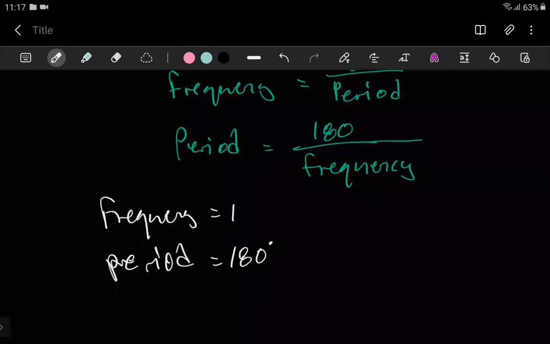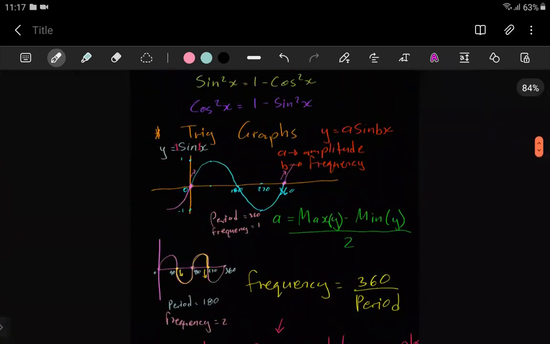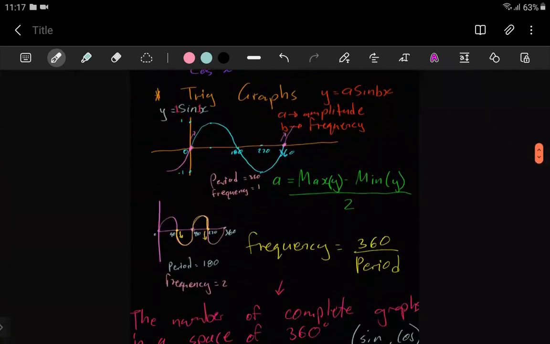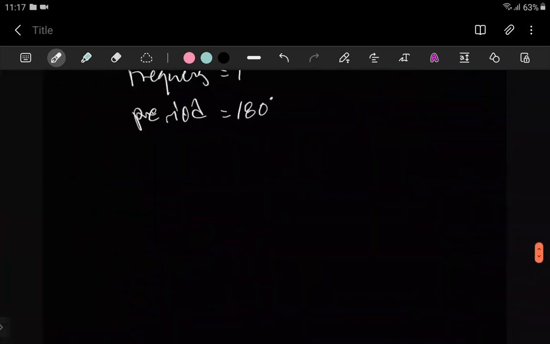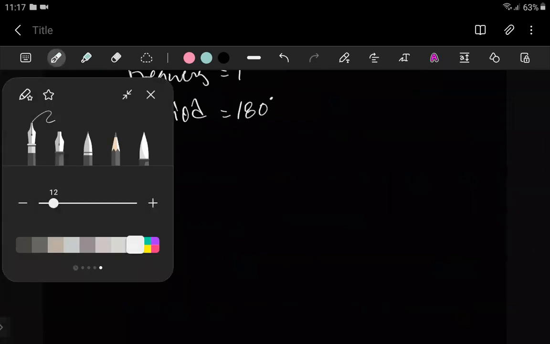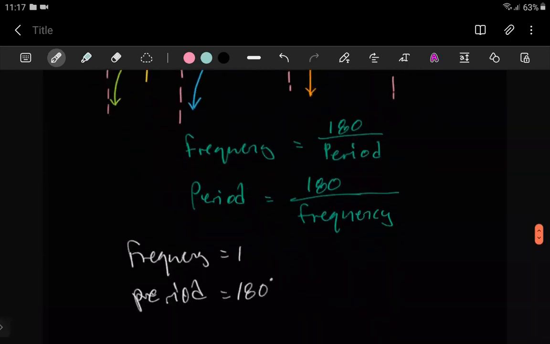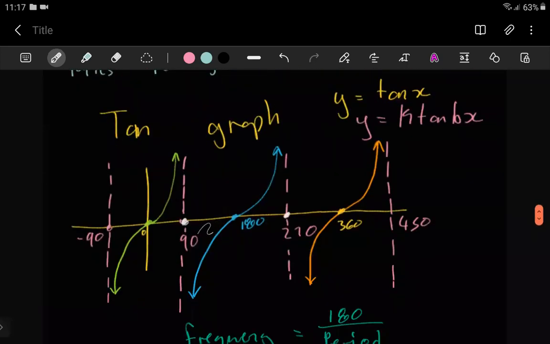You see. So all this being said, you need to keep in mind that with a cos graph, everything we mentioned about this sine graph still applies. Amplitude is the same, frequency, you work it out the same. The only thing with the cos graph is we can maybe just draw the image. But before drawing the image of the cos graph, what we can just maybe illustrate is what would happen if the frequency of this tan graph becomes a 2. If the frequency of our tan graph was a 2,